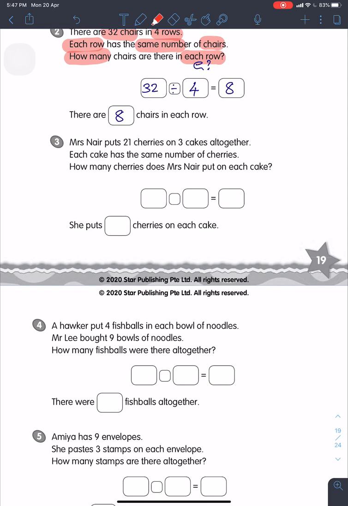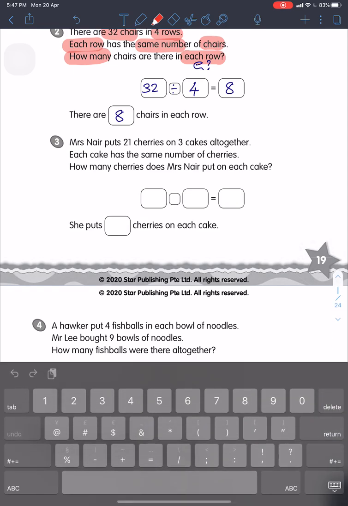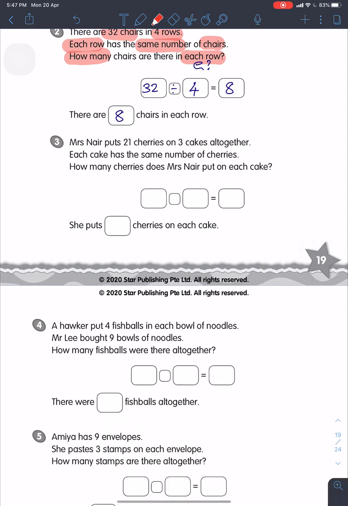Question 3. Mrs. Nair put 21 cherries on 3 cakes altogether. Each cake has the same number of cherries. How many cherries does Mrs. Nair put on each cake? So again,